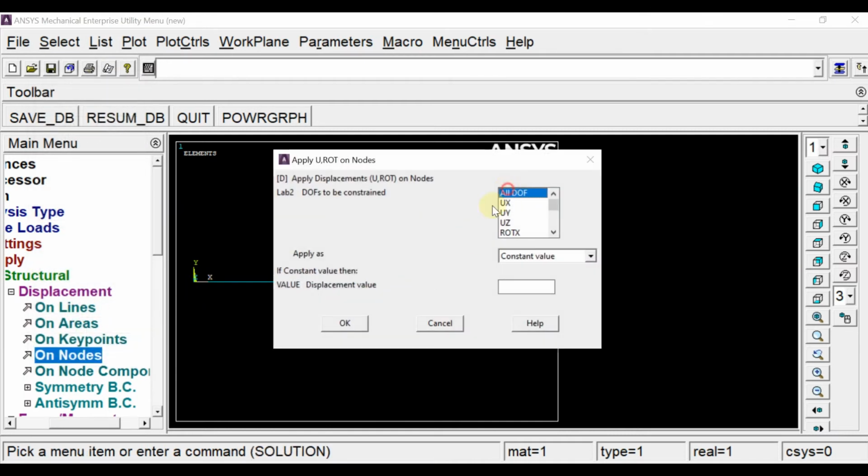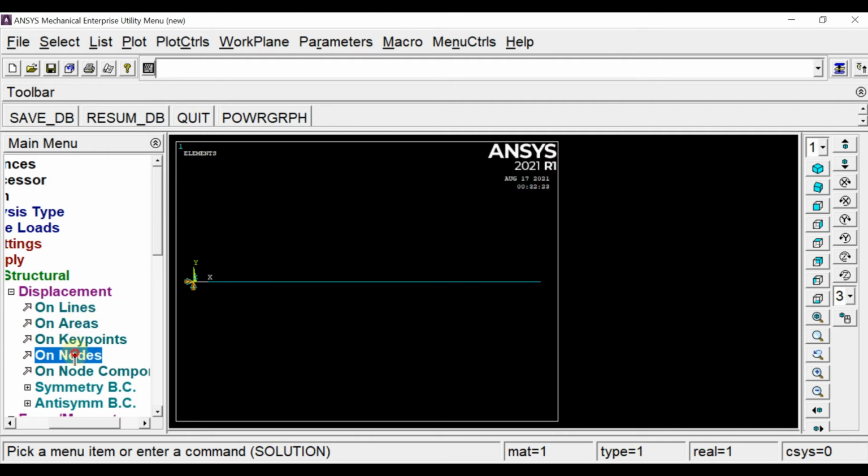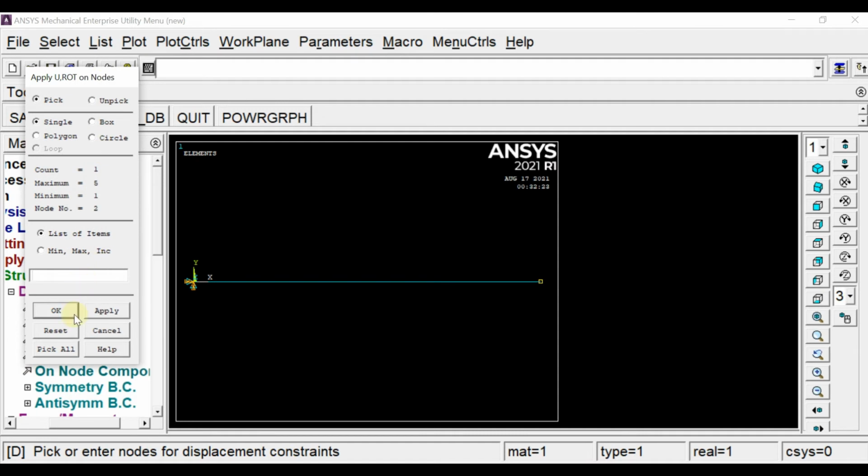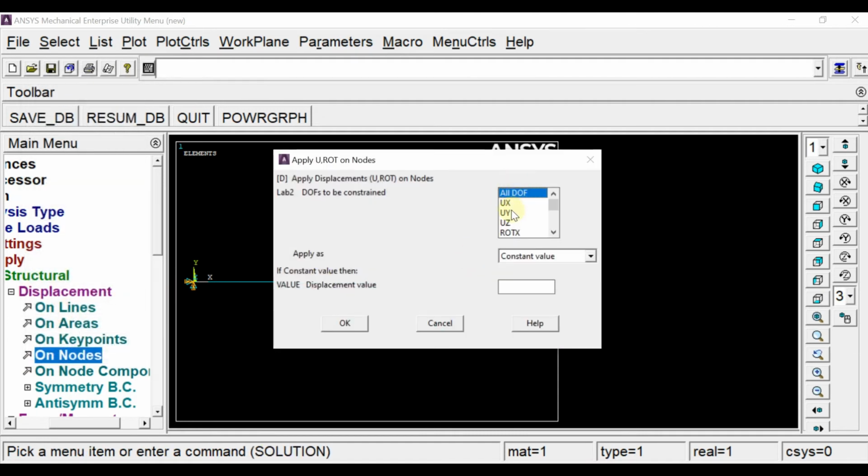Then on the other node, you have to constrain all degrees of freedom except UX. Others are not considered, but only these 6. So UX you have not to consider.